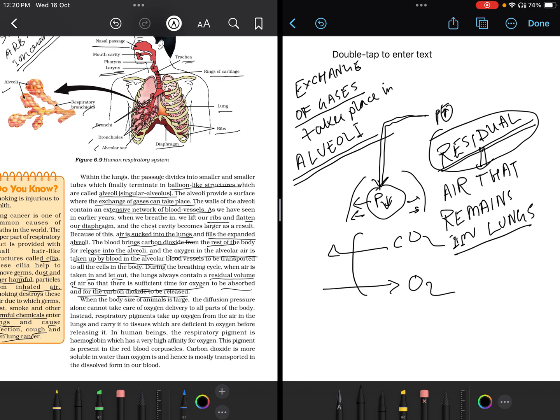Okay, just remember what is residual air. When the body size of animals is large, diffusion pressure alone cannot take up oxygen for delivery to all parts of the body. Instead, respiratory pigments take up oxygen from the air in the lungs and carry it to tissues which are deficient in oxygen before releasing it. So, oxygen is taken by the blood vessels, as we have seen. But as humans, we are big animals. So, to the tip of your big toe in your leg, the oxygen has to go. For this, it has to travel a long way. So, there are some pigments. In humans, there is hemoglobin,